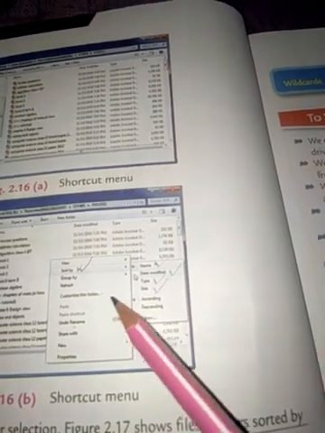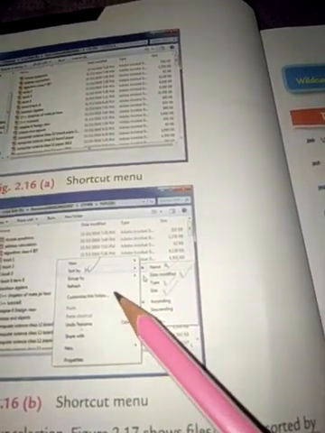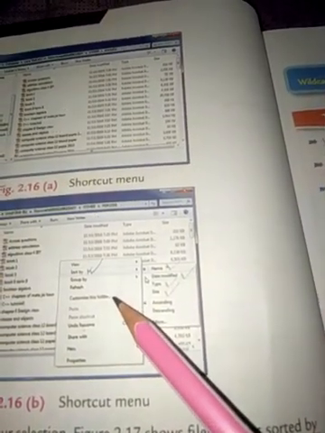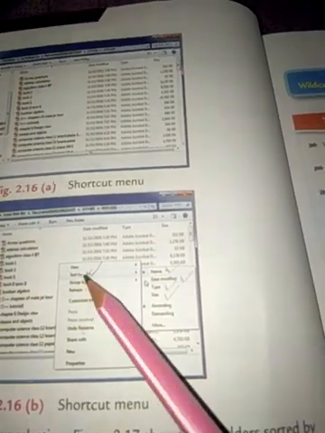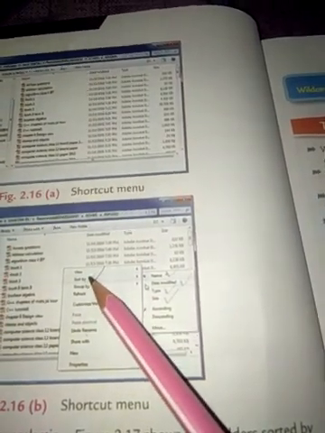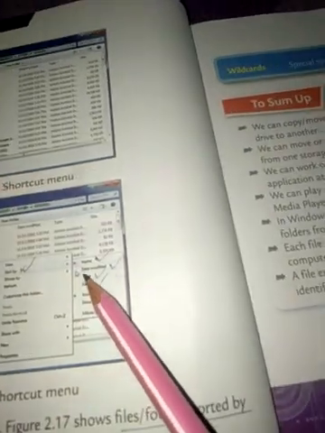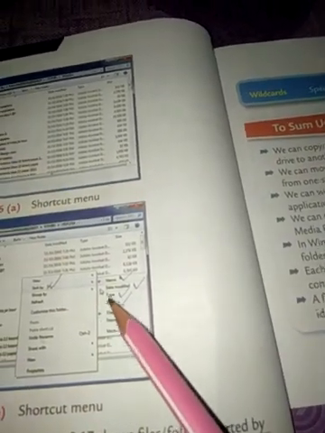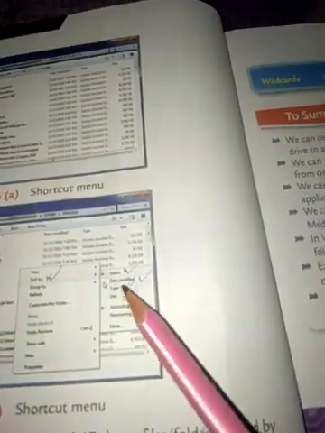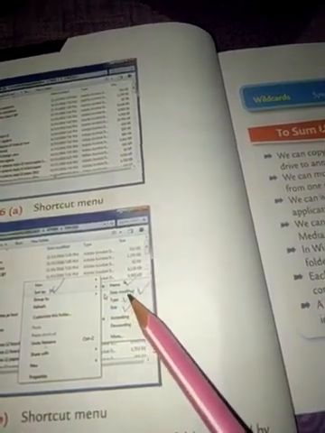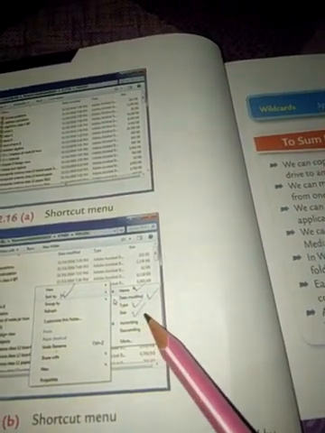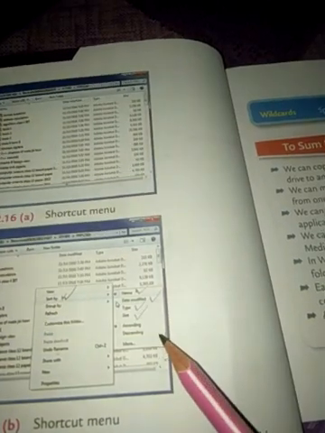These are the different options of the shortcut menu. We have to choose this option, sort by, and once it is done, it will have sub options, namely name, date modified, type, size, ascending, descending, more, etc.